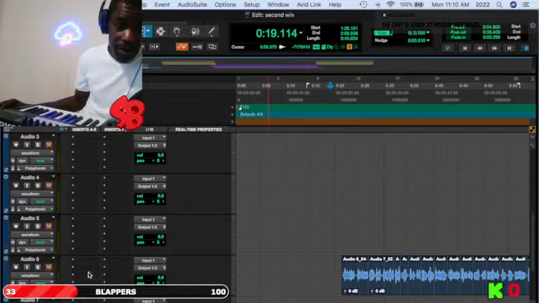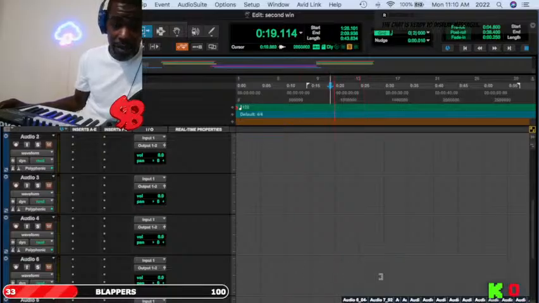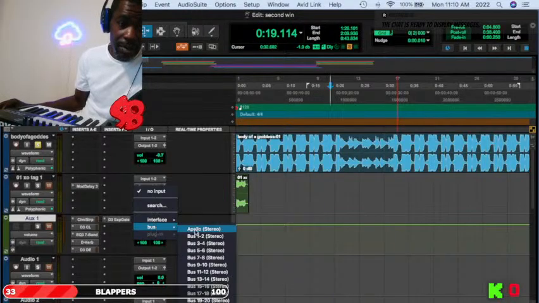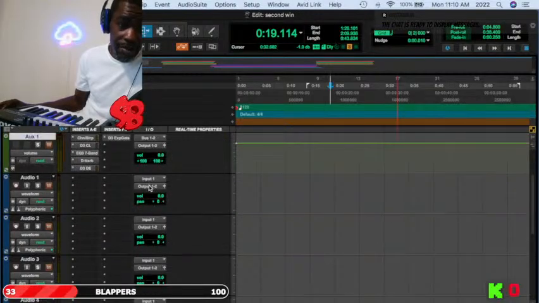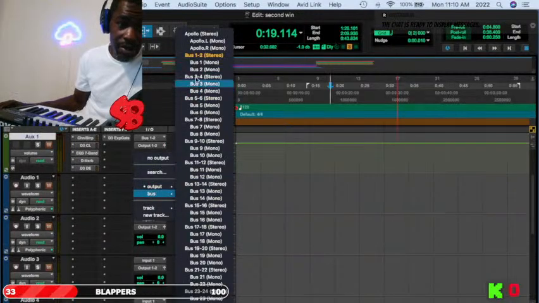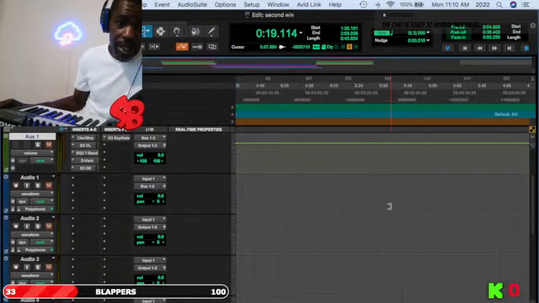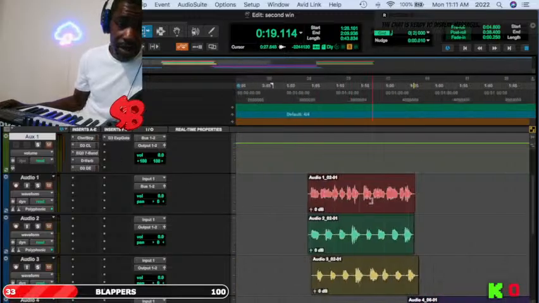Then, singly, I will add everything, like an EQ to EQ this vocal by itself. I add its own EQ that won't have nothing to do with this. So basically I'm gonna connect these. We need a bus 1, 2, and then all these tracks under here need to be bussed to bus 1, 2, like so. So whatever input is coming in there will go to bus 1, 2, which is this. So now if I was to play this,